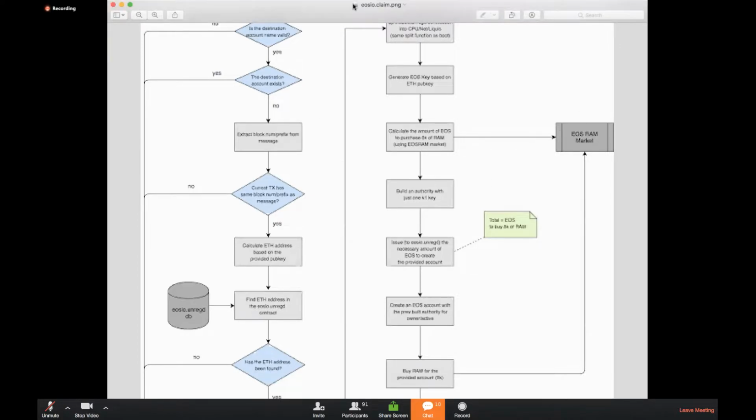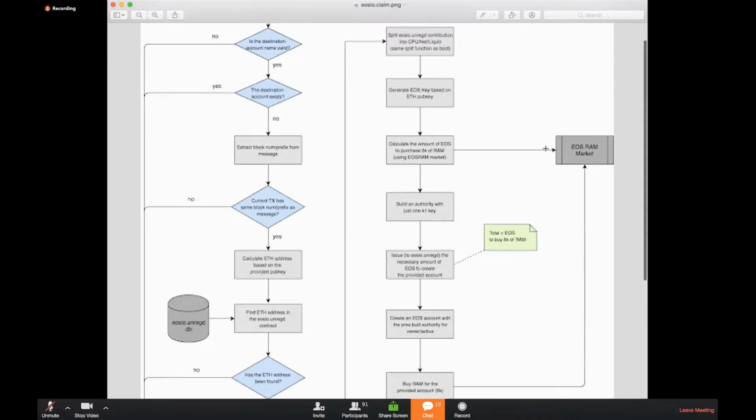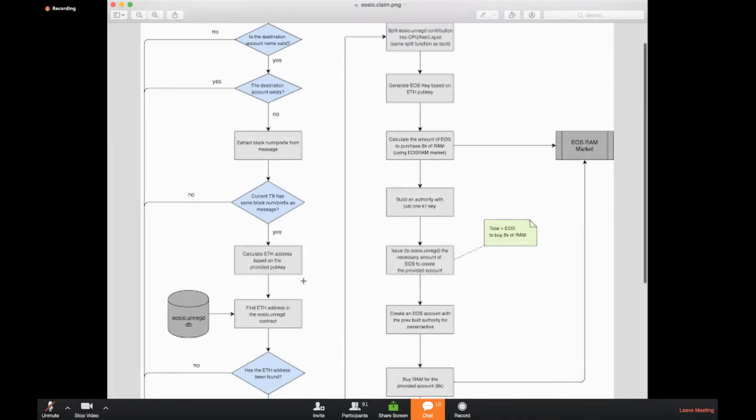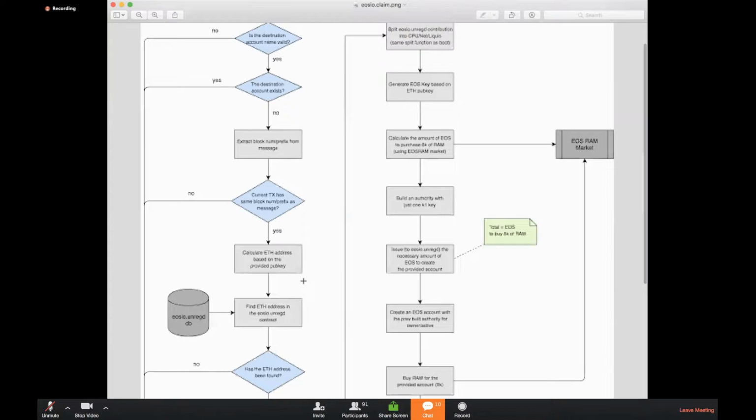The idea of this contract is to do everything automated. We use the unreg contract of EOS Canada to validate the accounts that need to be funded, and then we do a mini boot process, like the one we did before, but only for this 0.2% of accounts that were unregistered.